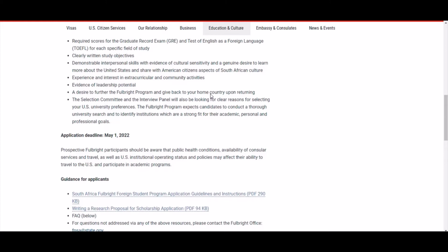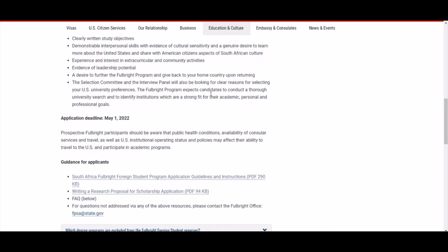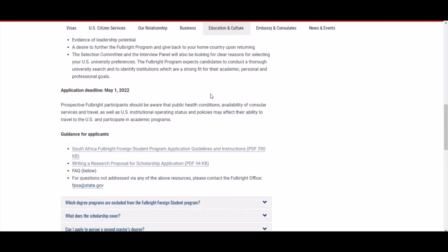Please take note. I advise you, if you are to provide information to the US Embassy, you shouldn't indicate anything like "if I go back, I will not come back." So please take note. This is the application deadline, as you can see, that is going to be May 1st,